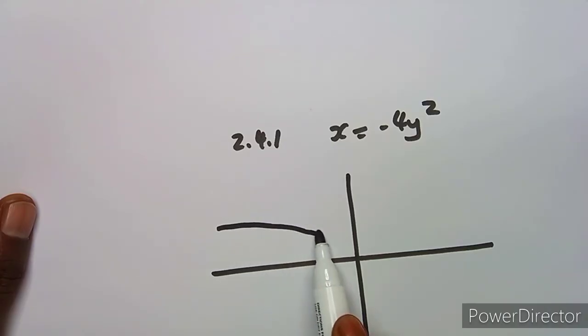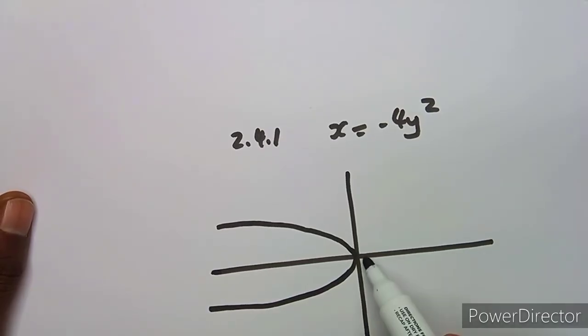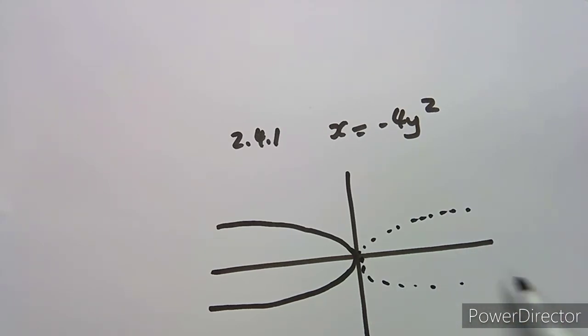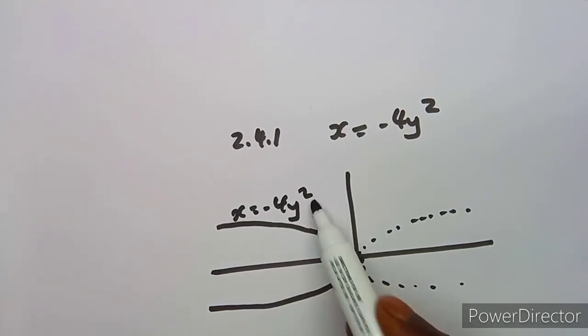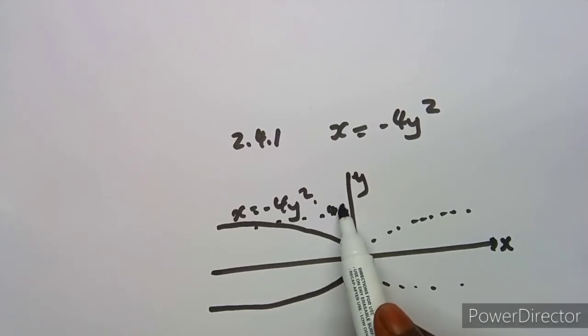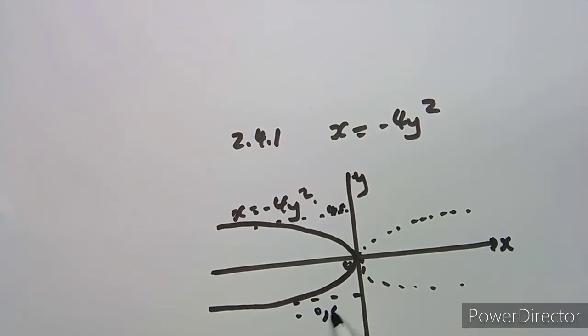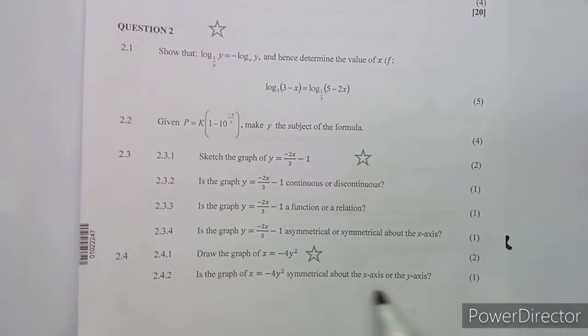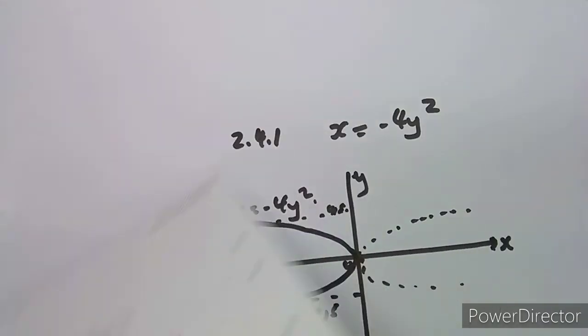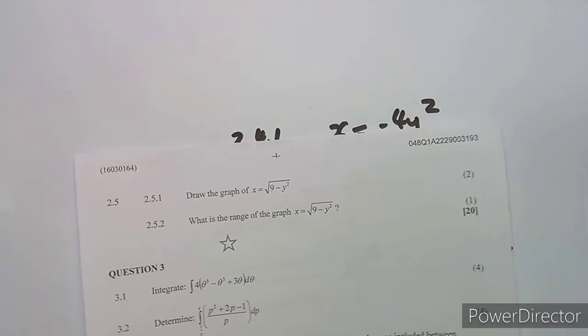Sometimes you have to just know how these graphs will look like. If it is positive, it's going to be like this. This one is negative, so it's going to be the other way, like that, and this will be the y-axis and our x-axis, or 0 there. So this is going to pass through 0.5 and minus 0.5. And is the graph symmetrical about the x-axis or y-axis? So this is about the x-axis. Okay, then draw the graph of